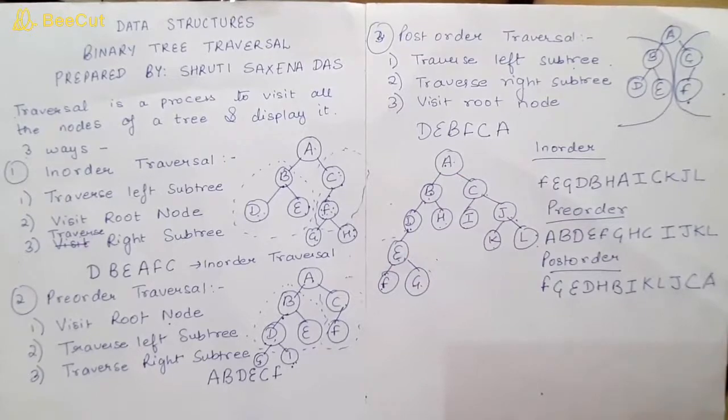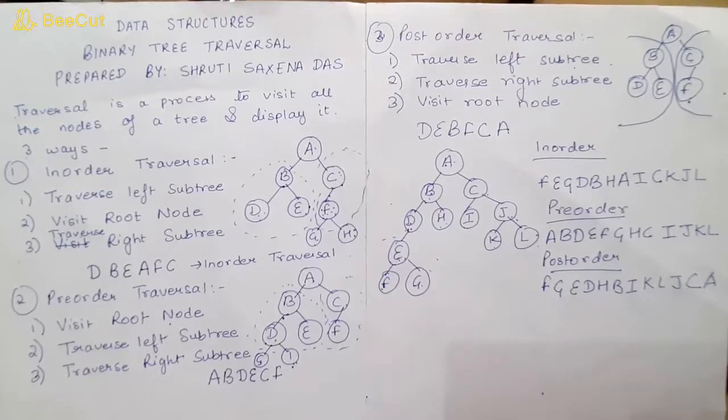Fine. So with the help of these three algorithms, you can traverse all the nodes which are present in the tree in some order. In order, you have to visit the left subtree first, then the root node, then the right subtree. In pre-order, root node first, then the left tree, and then the right subtree. In post order traversal, you have to traverse the left subtree first, then the right subtree, and then the root node. So these are the orders. We have discussed 2 examples in this.